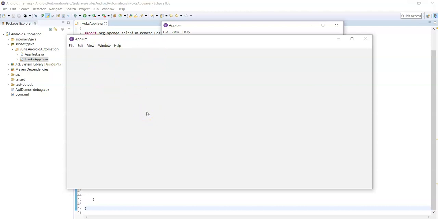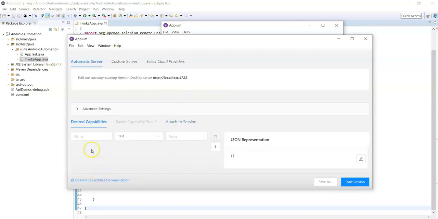Here you need to provide two basic capabilities information. Initially it takes a little time to open this inspector. Now you can see different tabs, right?